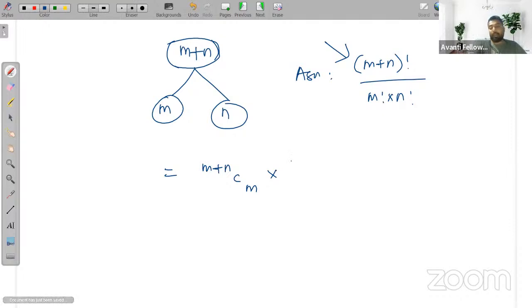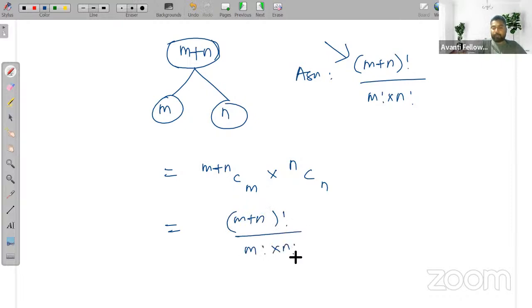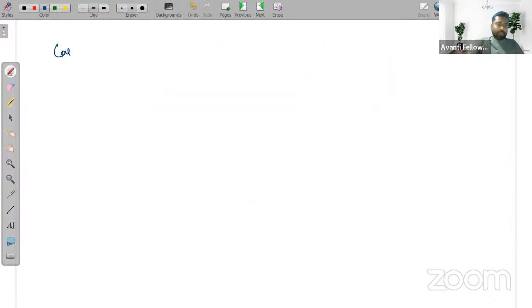You have n objects, and you select those n objects for the other group. If you simplify this, we get (m plus n) factorial divided by m factorial into n factorial. Is that clear? Okay, so second scenario, case 2, corollary 2, we can say,